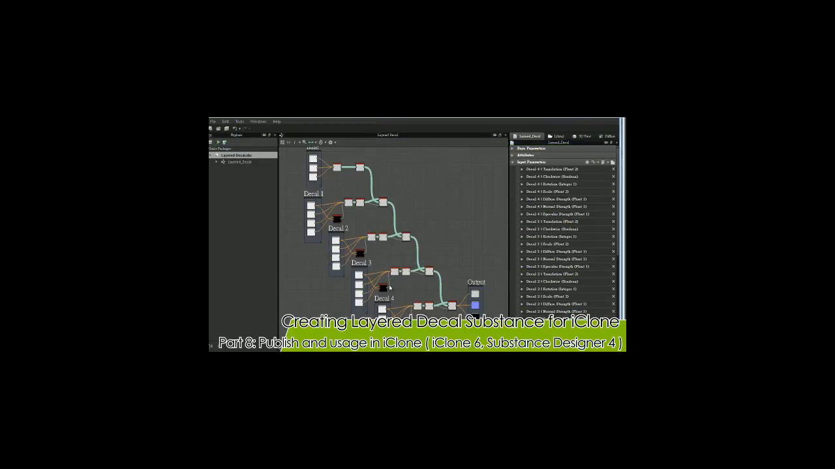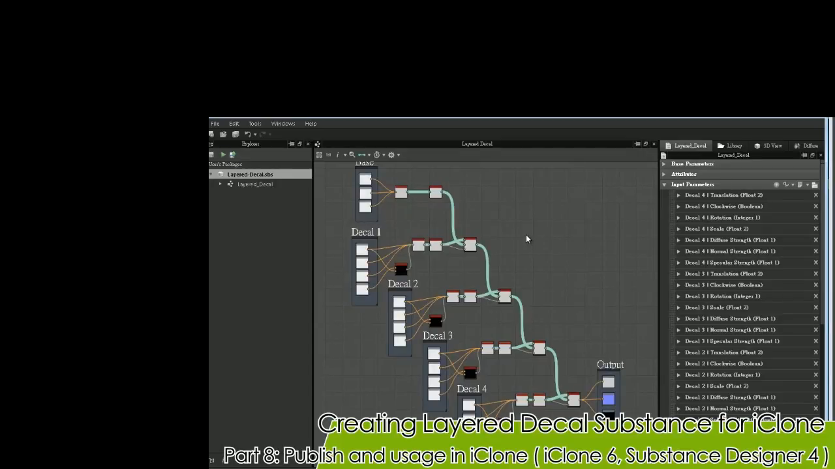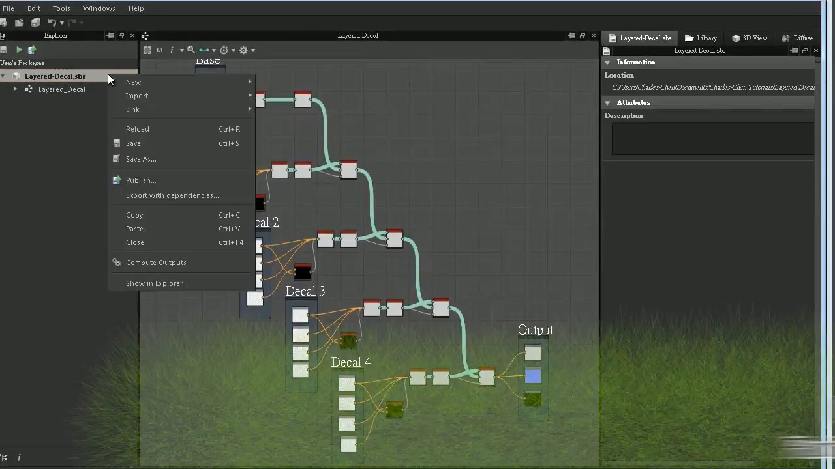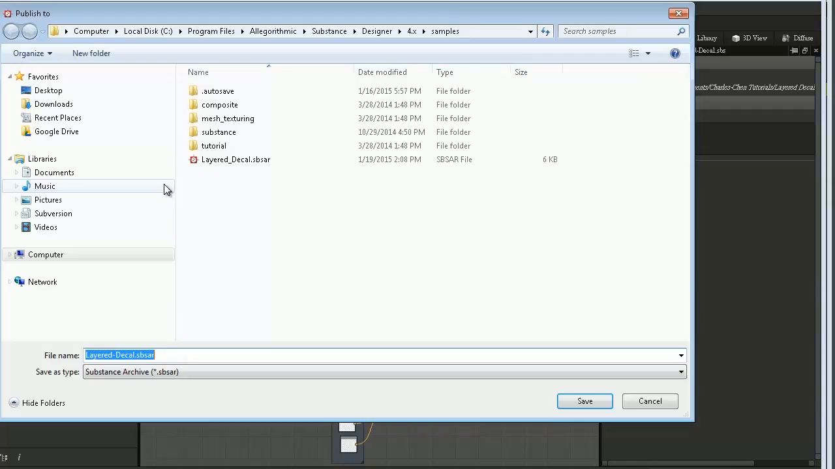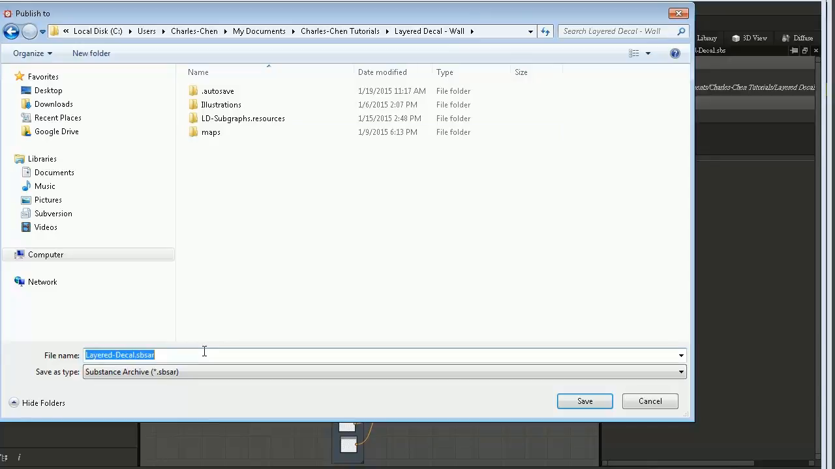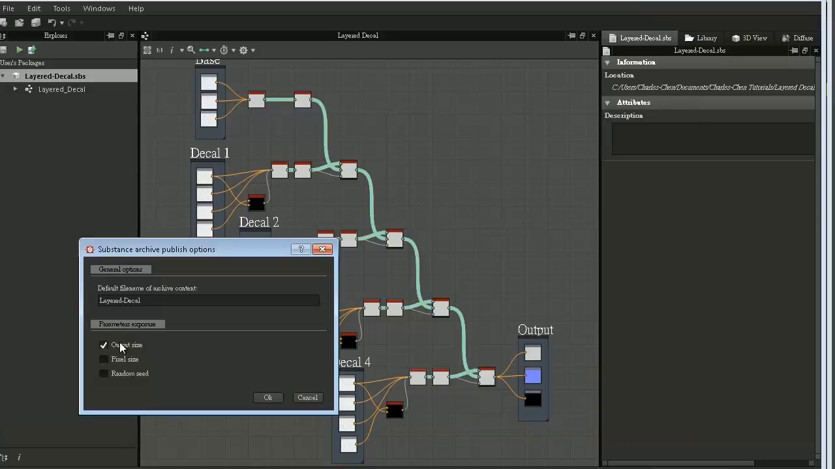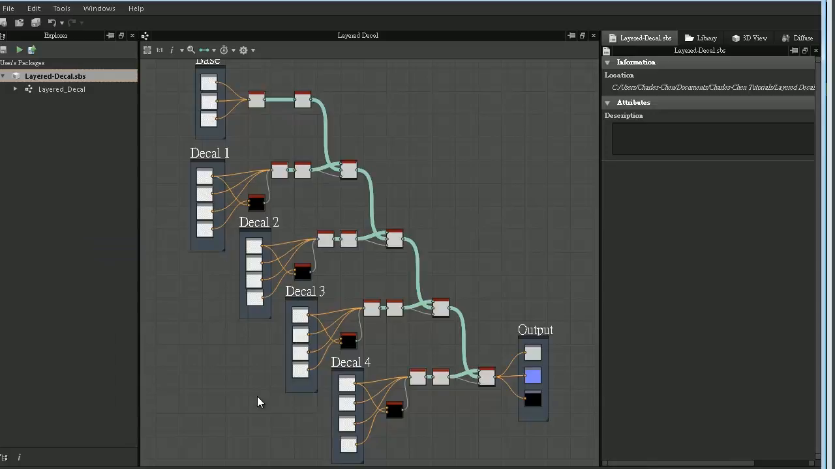Here I have the final layer decal SBS, and I'm going to go ahead and publish this by right clicking on this and hit publish. Then in the directory that you want, go ahead and publish this out as a SBSAR and save. Output size, make sure that is checked. Pixel size and random seed, go ahead and check that and hit OK. Now in iClone,